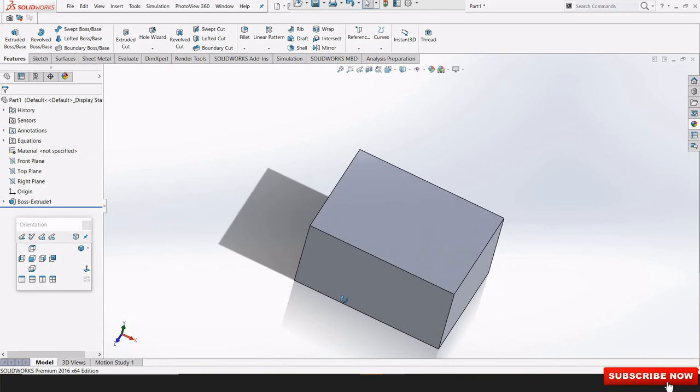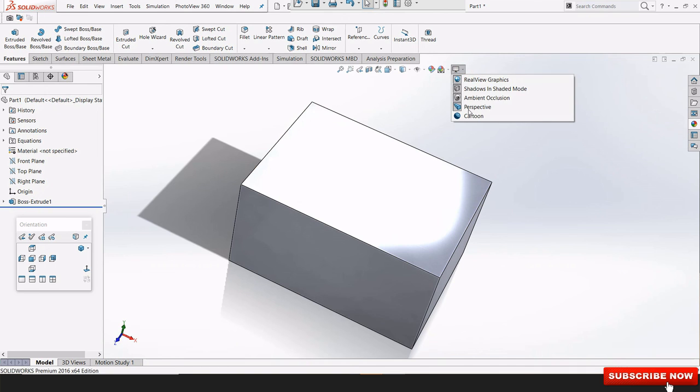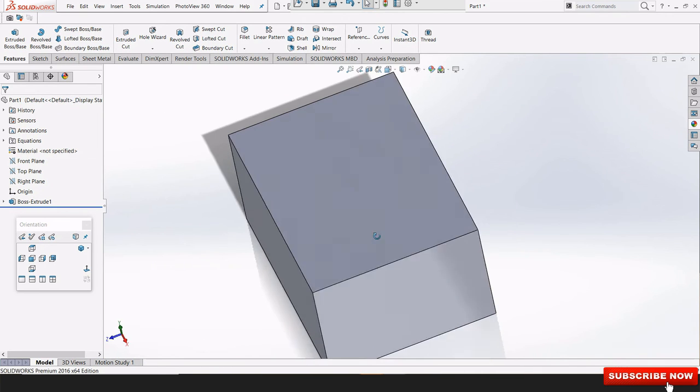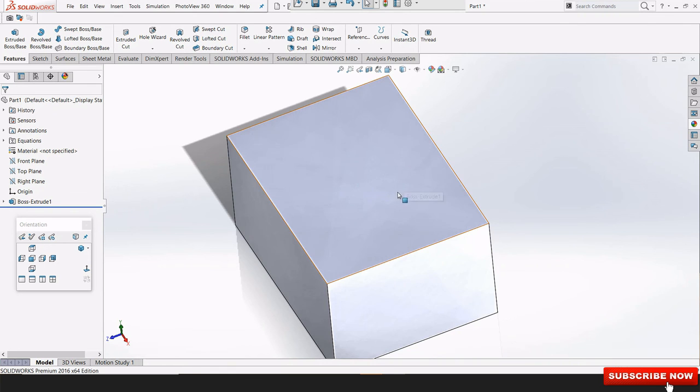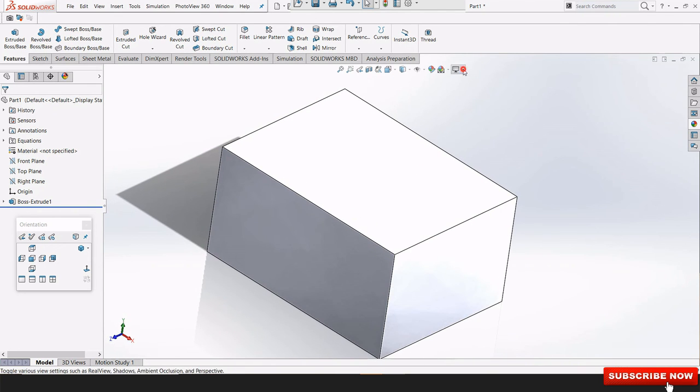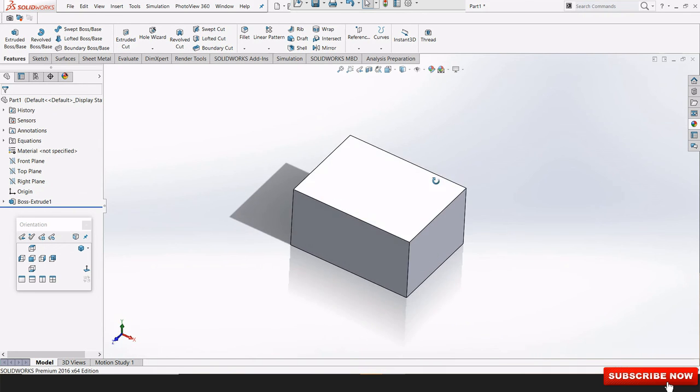This type of shadow you will get after clicking this tool. Then we have perspective. You will get a perspective view. Then we have cartoon. It will show like cartoons. You should also use these tools in your software, and then analyze how it looks. Okay, that's it.